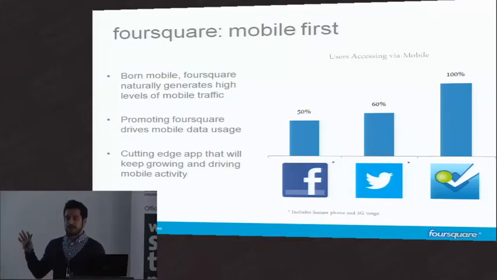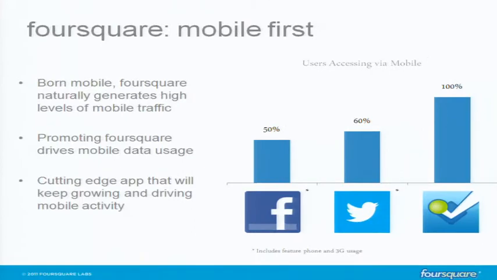Foursquare is really just one message you want to take away from this slide: a mobile-first company. We're really built for mobile devices. We have an app on RIM, on Android, on iOS. We have an app also on the Windows mobile platform. So we're trying to be as broad as possible.